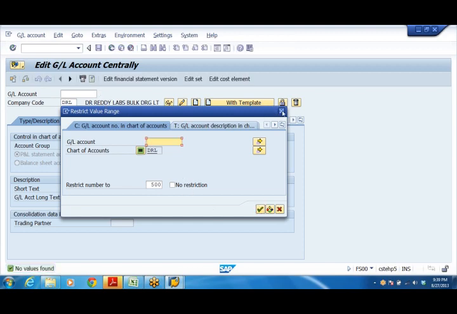Okay, we have not yet created any GL account in the DRL group. So let me create a few accounts in DRL and then we'll post an accounting entry.